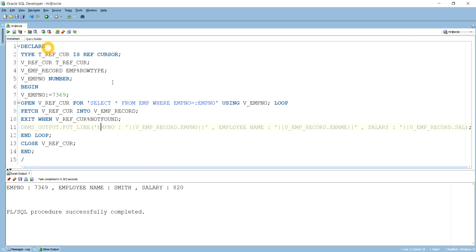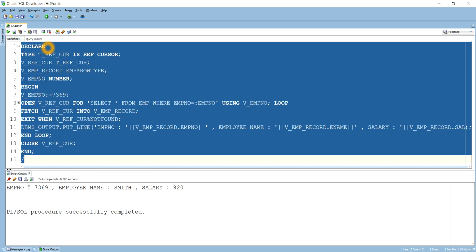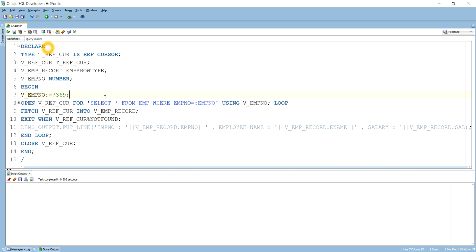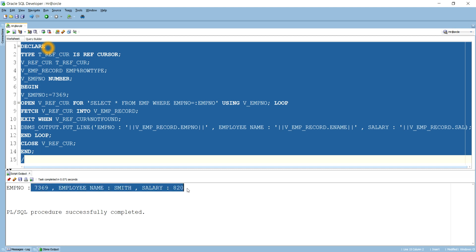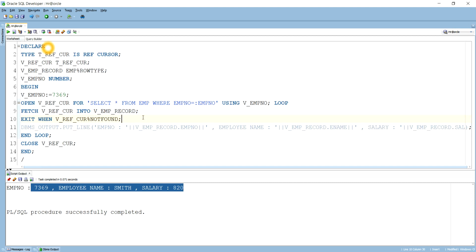Okay, so that is the use which I have mentioned here. So let me clear the screen, and let me run the query. You see, when I run the query again, I got the same output: 7369, employee name is Smith, and salary is 820. So these are all the scenarios in which we can use the using clause in Oracle. The mainly three purposes, like one is join, another is